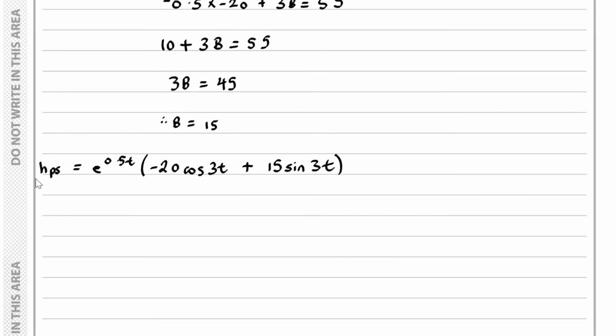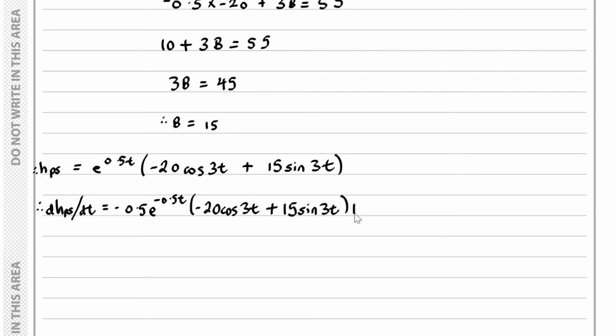So we can conclude that dh particular solution over dt is equal to minus 0.5 e to the minus 0.5t times by minus 20 cos 3t plus 15 sine 3t plus e to the minus 0.5t